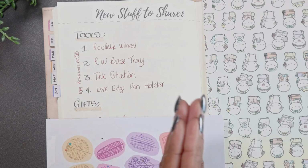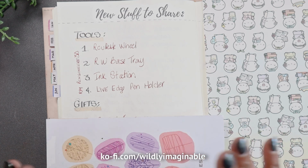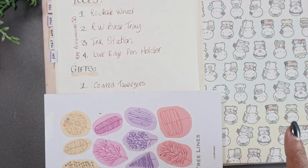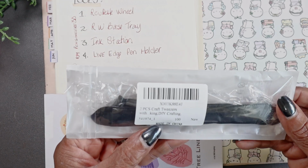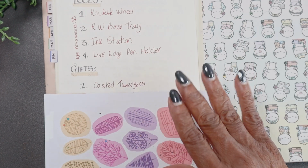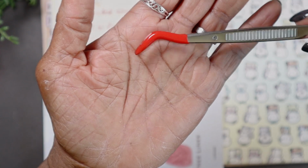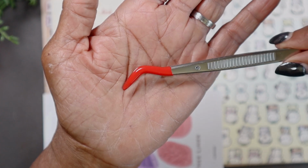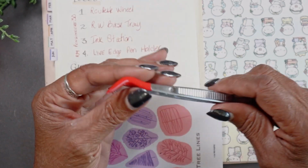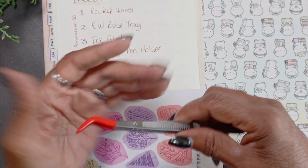Now, Nadia it is. Thank you, Nadia. She is part of my Ko-fi community. The first one I want to share with you is, she sent me a few of her swatching tools. Now, this is craft tweezers, and there's 2 pieces that came in this bag, but in order to not have all the crinkly stuff, this is what she sent me. She sent me coated tweezers, and she says she uses this to swatch inks. And I'm thinking, oh, that's interesting. She did say, I'm still not sure how to use it. She did say she'd be sending me the video,